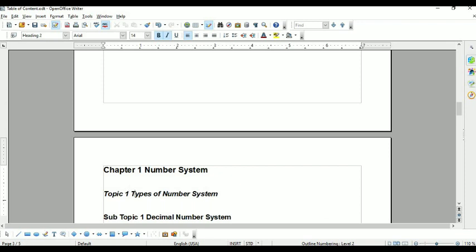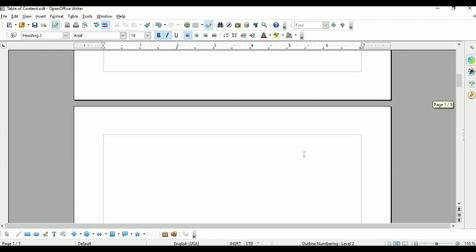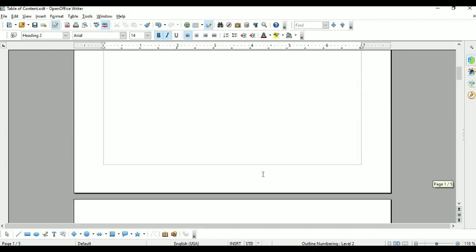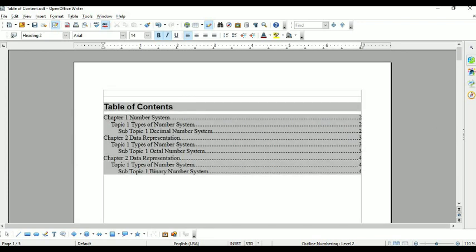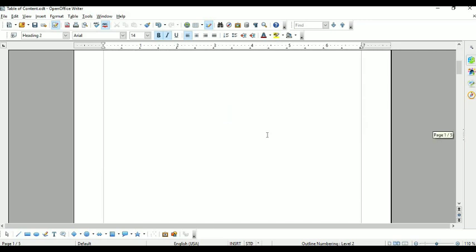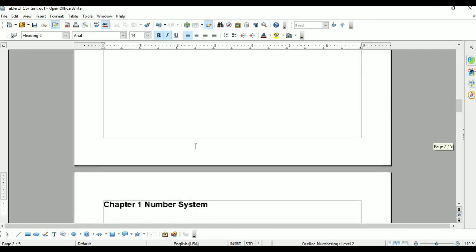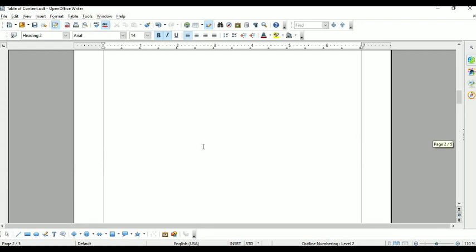Now in total we have 5 pages. The second page is blank. If any change is made in the table of content, see here, number system is given in page number 2, but in page number 2 nothing is present. What happens? We changed the document, but the table of content is not changed.